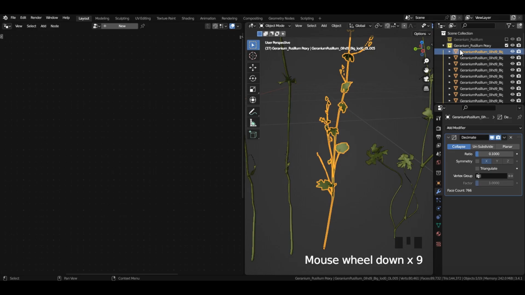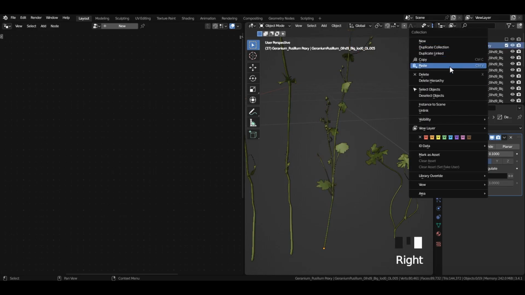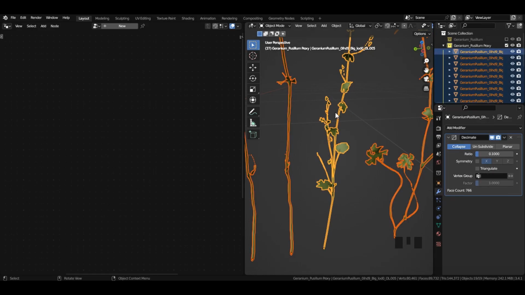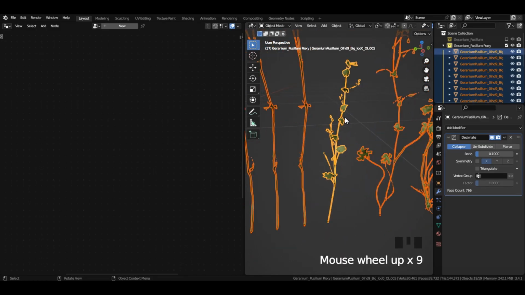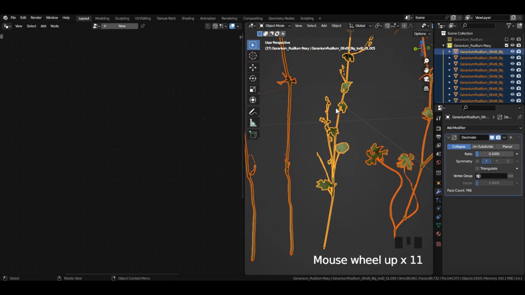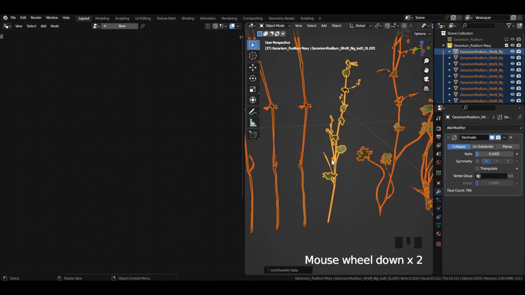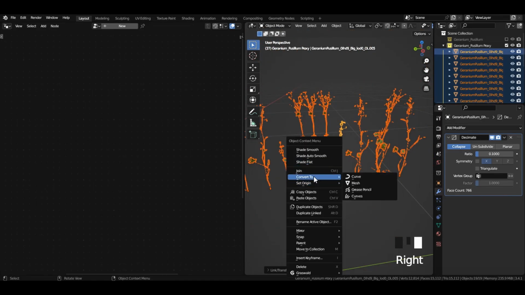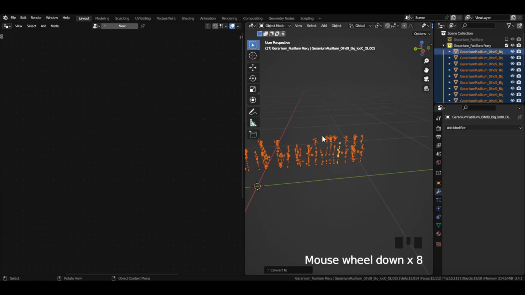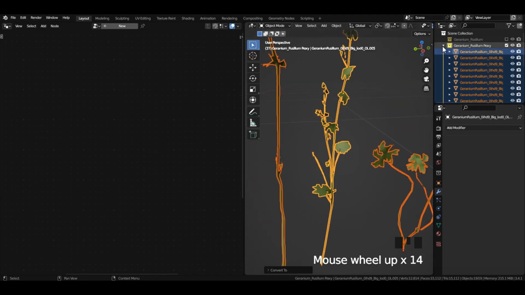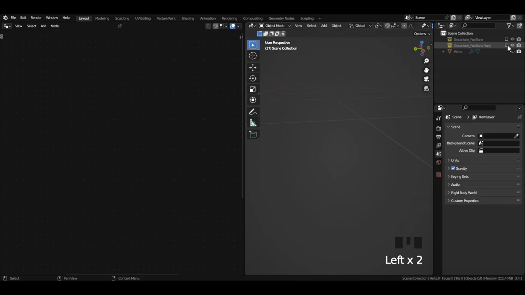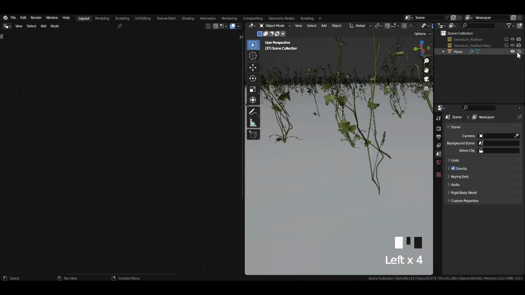Then select everything inside your proxy collection. Make sure your object that has the decimate modifier is selected as active. Hit Ctrl L, copy modifiers. Then right click on them, convert to a mesh. This is a quick way to apply all of your modifiers. I'm gonna hide the proxy collection,